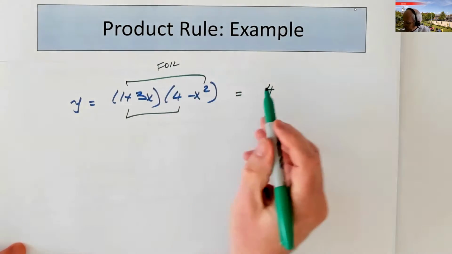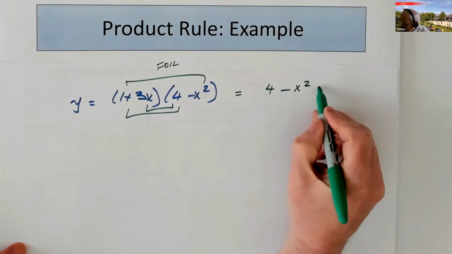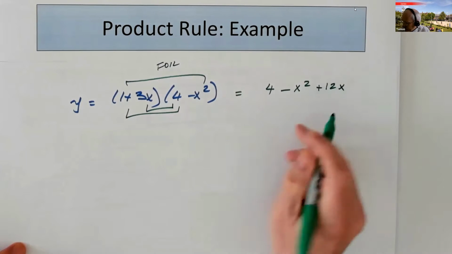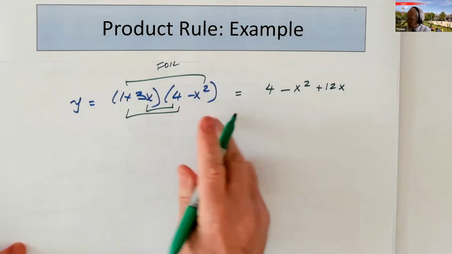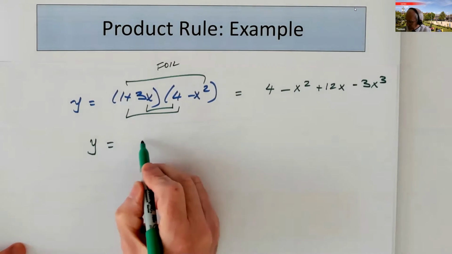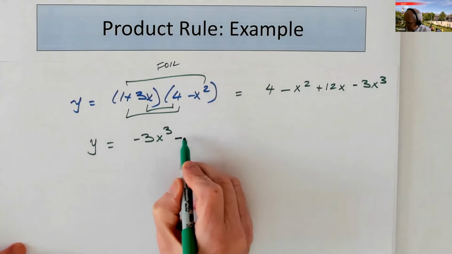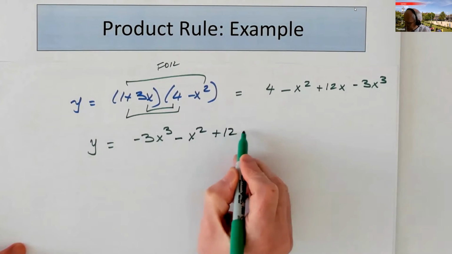1 by minus x squared is minus x squared. 3x by that might be 12x. And 3x by minus x squared would be minus 3x cubed. So if y was equal to minus 3x cubed minus x squared plus 12x plus 4,